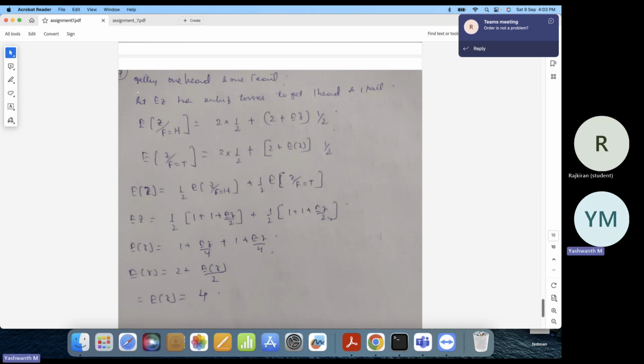Again, because it's just two tosses, it makes sense to condition on the first toss. And the same E of Z denotes the desired number of tosses as earlier, for the desired event. Here it is head and tail. So the first toss is head. I'm assuming a fair coin. If I get tail with probability half, I'm done. Two tosses, I'm done. But if I get head,